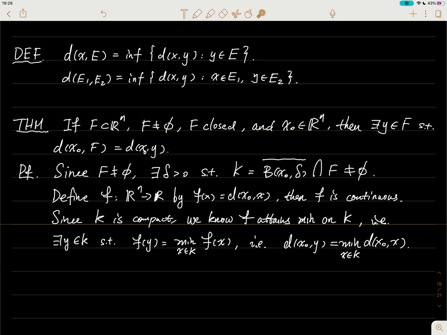Now, let's define a function f from R^n to R. And the definition is very simple. For every point, I just evaluate its distance from x0. So this is just the absolute value of x0 minus x. Okay, and it's easy to check that this function f is continuous. You can either use the original definition for continuity: for every epsilon, there exists delta such that